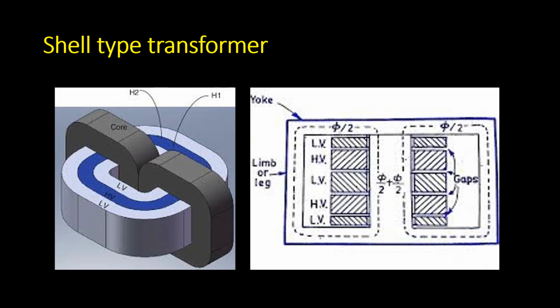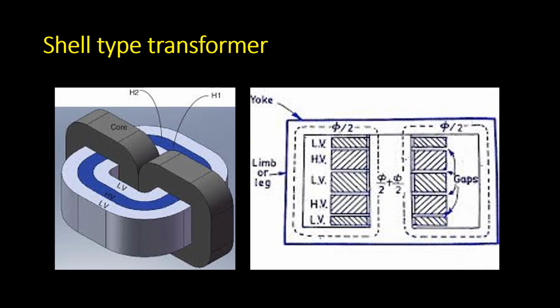From the construction of core point of view, the second type of transformer is shell type. So in case of shell type transformer, a simple rectangular form core is in use, and the core surrounds a considerable portion of the winding, which is shown in the diagram. In the first diagram you will find a 3D view, in which the center part is covered by winding and the remaining part is covered by core. The coils are wound in the form of multi-layer disc. Different layers of the multi-layer disc are insulated from each other by special insulating paper.